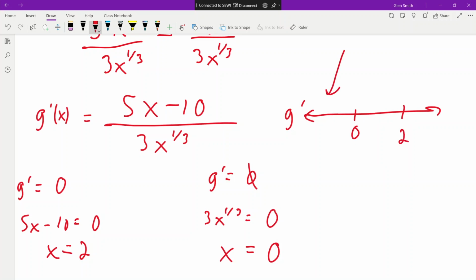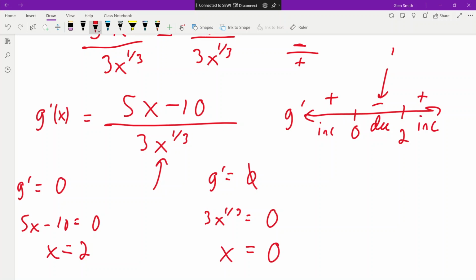So we're going to check a number down here, like negative 5. If you plug that in, you get negative 5 times 5 minus 10, that's a negative, over the cube root of negative 10 times 3. Not a great number, but it is negative. The cube root of a negative number is a negative number, times 3 is negative, so it's negative over negative, which makes it positive, which means we are increasing. If you plug a number into here, like 1, you're going to get 5 times 1 minus 10, that's negative 5, over 3 times 1 to the 1/3, that's positive. So we're negative here, which means we are decreasing. And you check this interval, you're going to get positive,